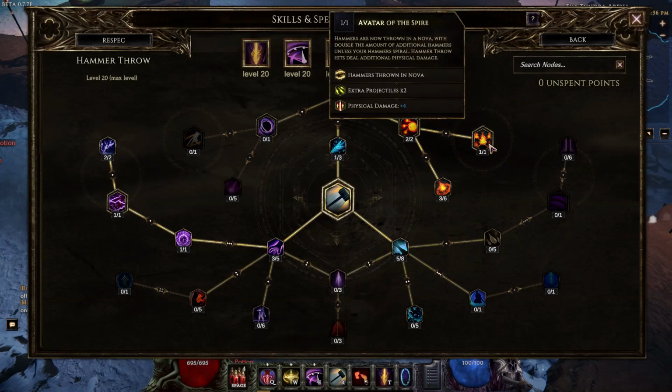And 1 point in Avatar of the Spike to double the number of projectiles, increase the physical damage by 4, and your hammers are now thrown in a Nova. What's nice about this is you can just be in the center of the map. You don't have to aim hammers anymore. It just hits everything around you, and if it misses but hits something else, it'll chain to that enemy thanks